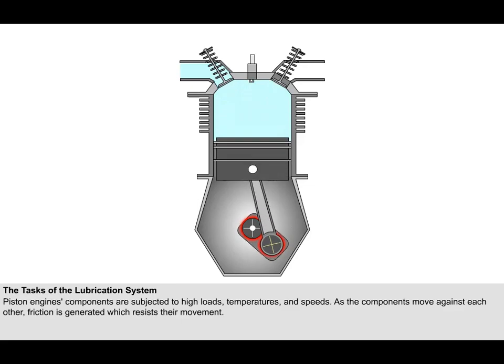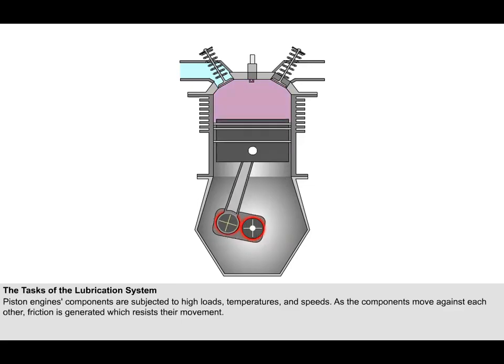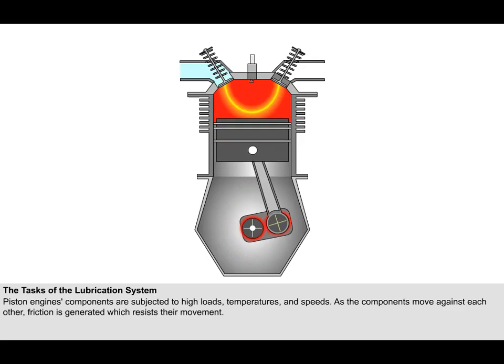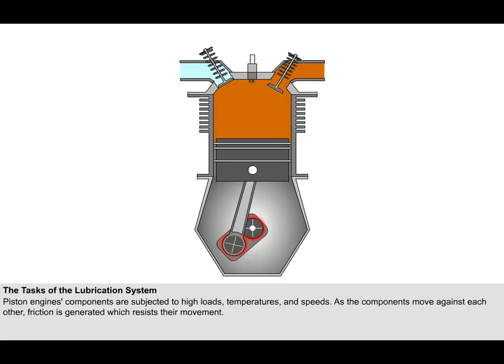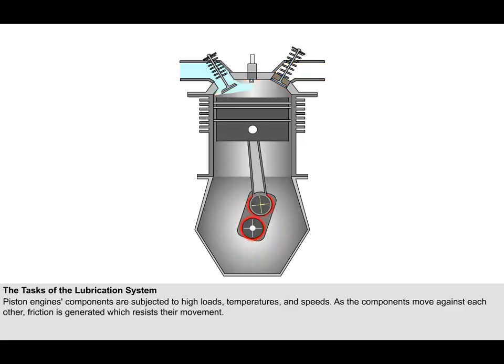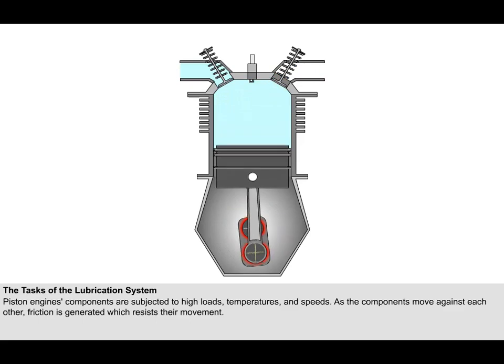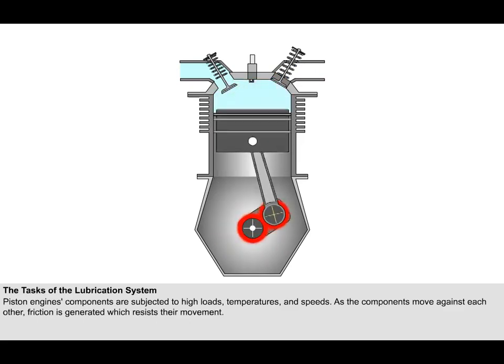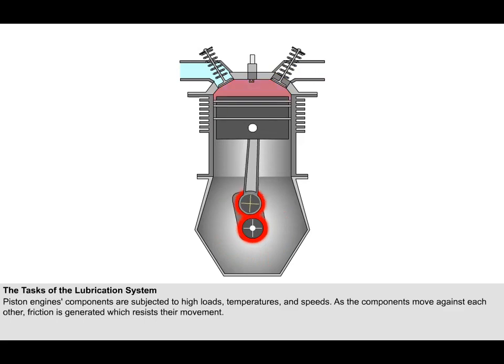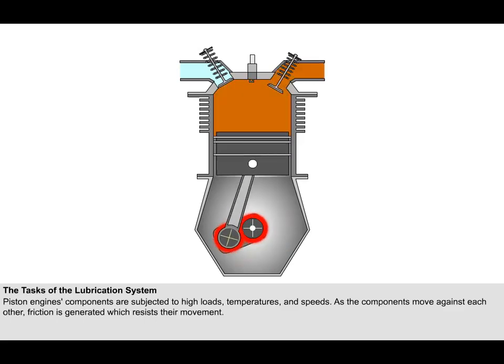The components of piston engines are subjected to high loads, high temperatures and high speeds. As the components move against each other, a force is generated which resists their movement. This force is called friction. The friction produced will increase as the load on the components, their temperature and the speed at which they are